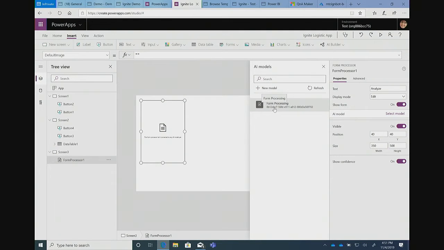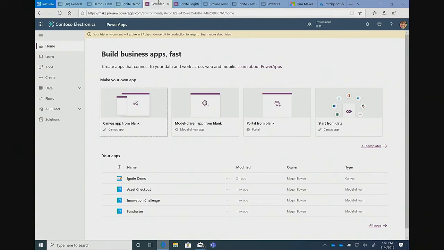So are you interested to see how I could train the module? Yeah? You wanna see it? All right, cool. So how I could do that right now and start building our own new module when it comes to this form processor. So it's the same idea. You go to Power Apps, and from Power Apps, you will see this tab here, which is AI Builder. From AI Builder here, I could build, and I have the models that I have right now that I trained. So if I go to Build here,